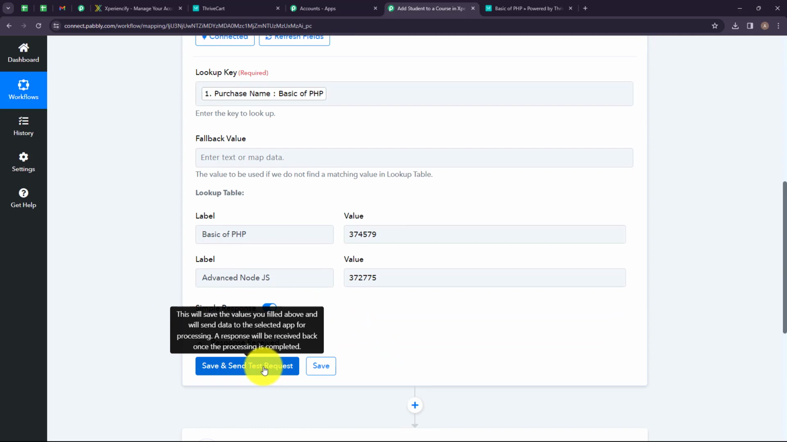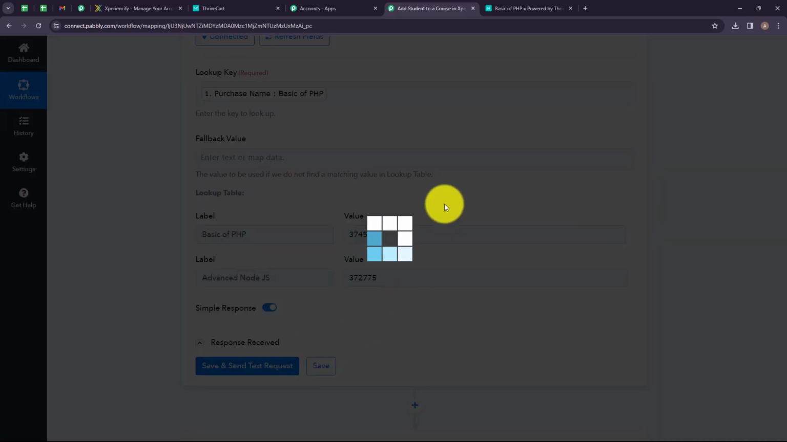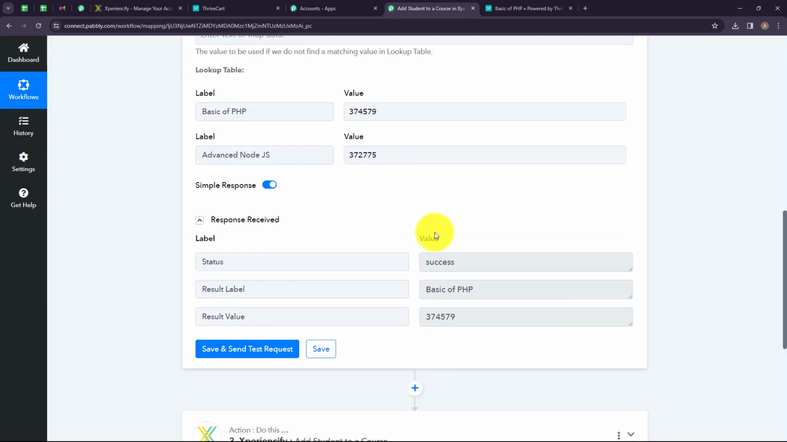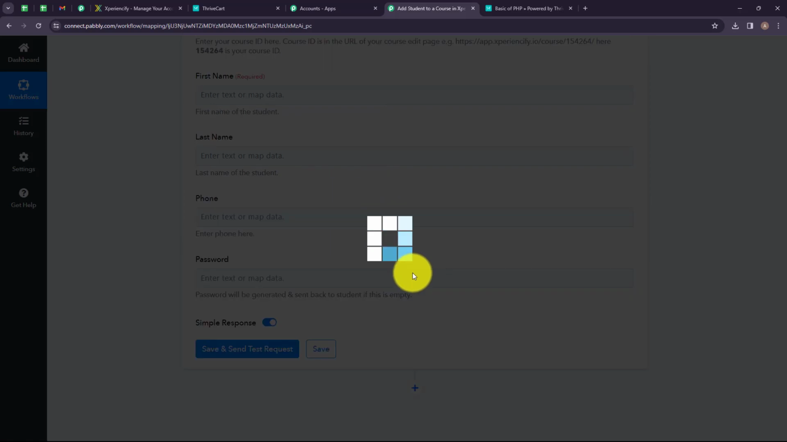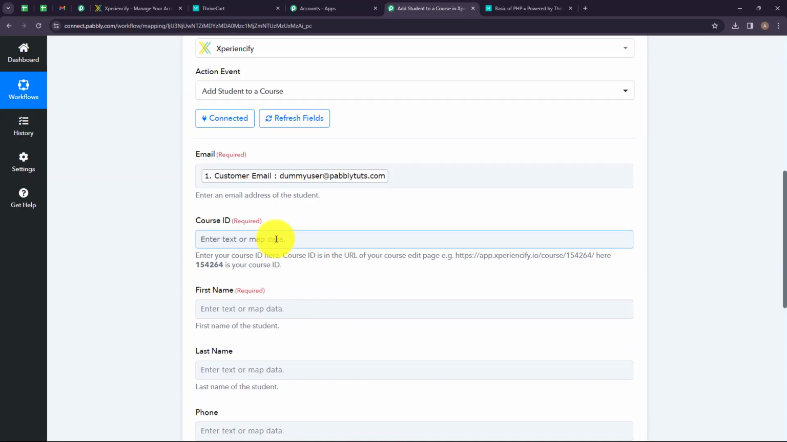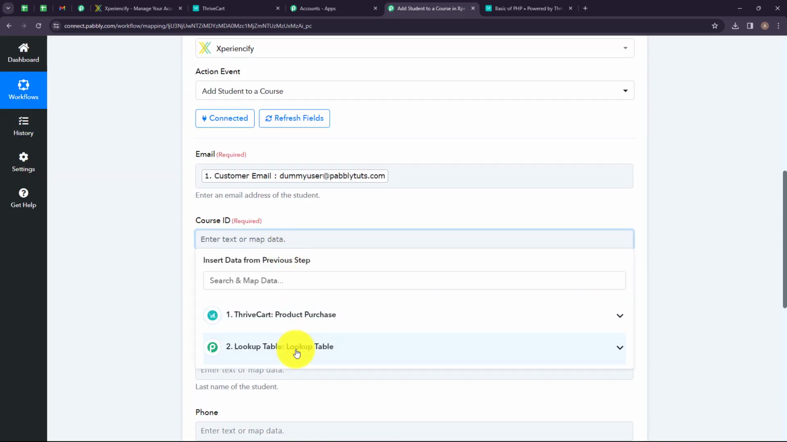So now I'm going to click on save and send test request. And as you can see over here, we have successfully received a response and the status is success, and we have received the result for the basic PHP course and its value is this. So now let's go to our Xperiencify, and after that let's map the course ID from the lookup table response,